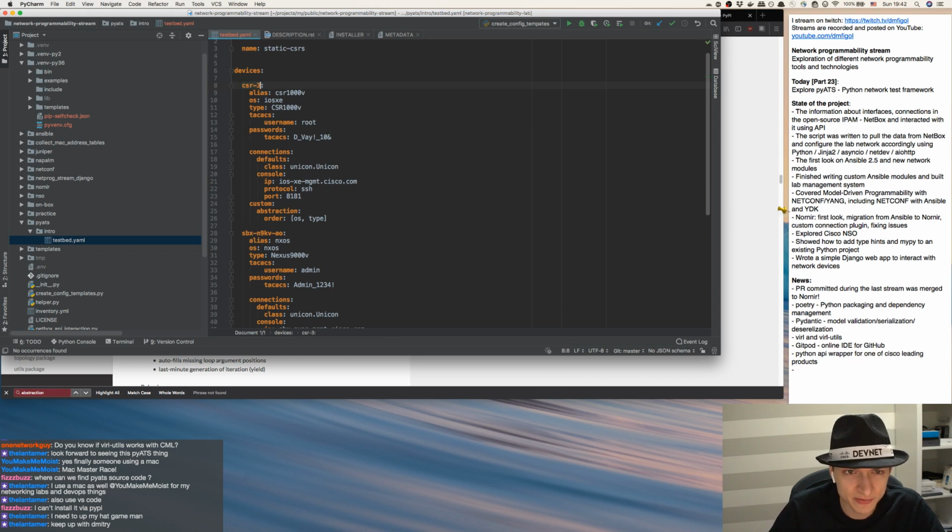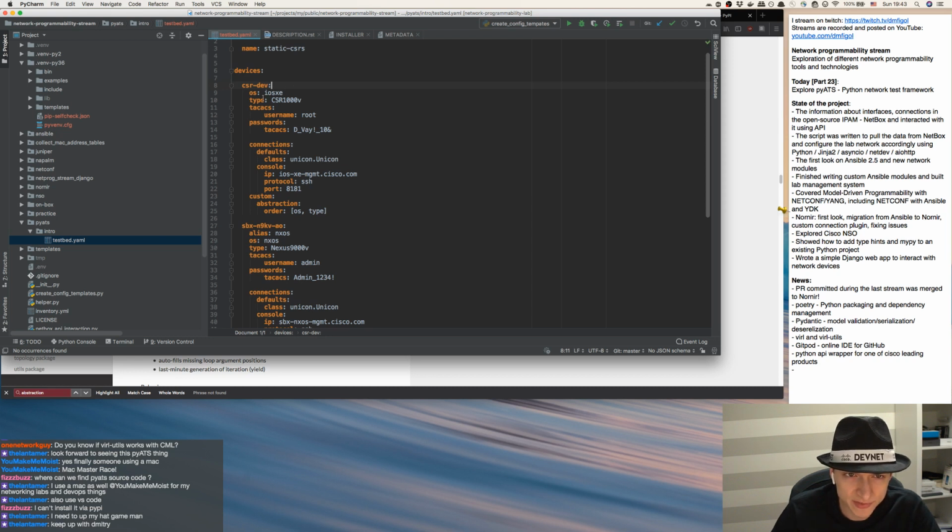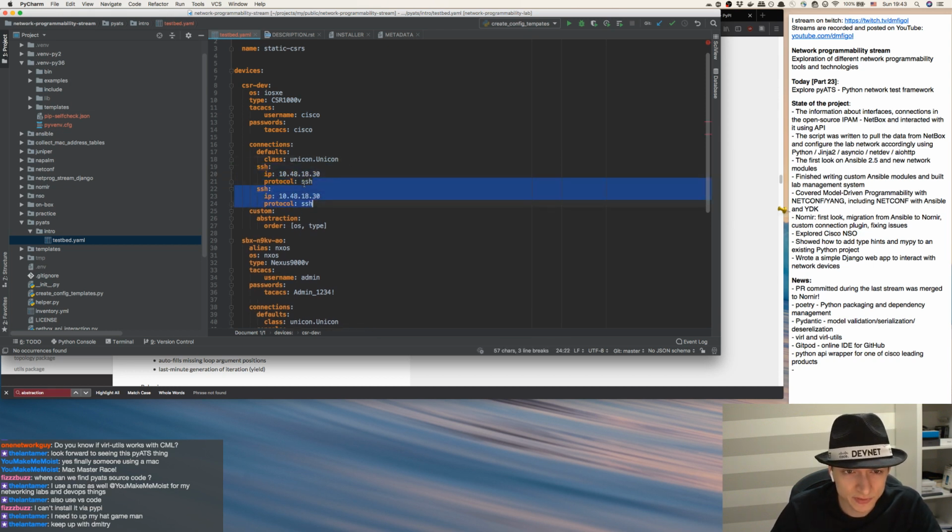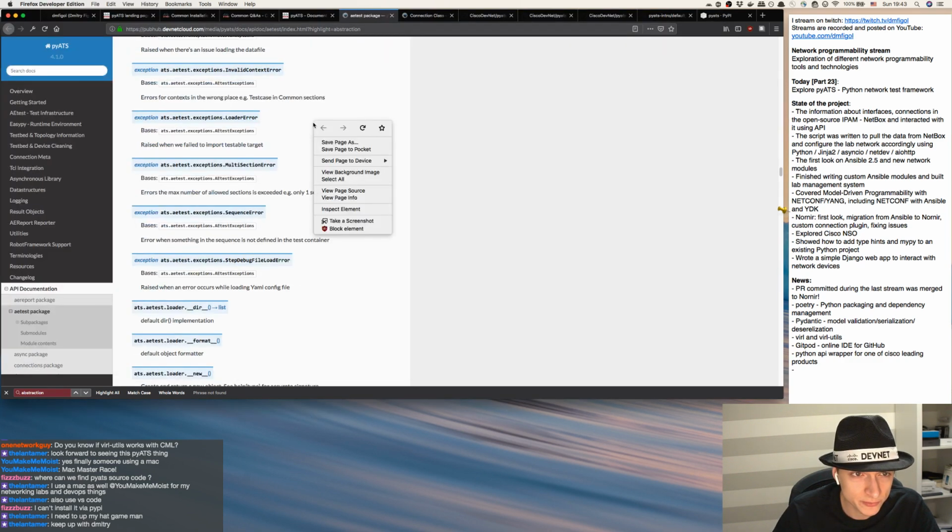So I have CSR def, which will not have any alias, or is ISXC type CSR 1000V, whatever that means. I have username Cisco and I have password Cisco. Then I have connections. I'm not sure what this means yet. I have console, which I'm going to change to like SSH, and I need my IP address here. So no port. Let's also have console. So console is going to be